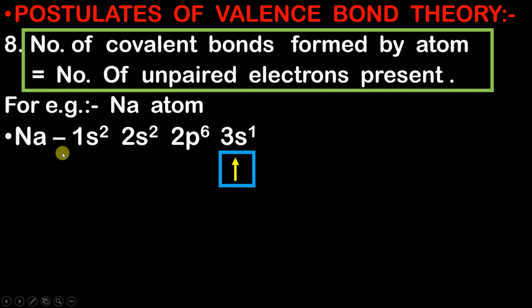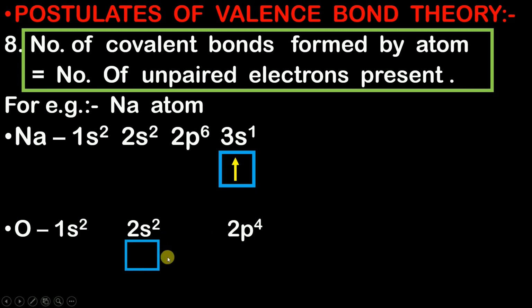Let us consider another example. In this example, we are going to consider oxygen. The electronic configuration of oxygen is 1s2, 2s2, 2p4. Now here the highest energy level is 2. So let us draw the Hund's rule diagram. According to Hund's rule, we represent this 2s orbital with the help of a square, and in this 2s orbital there are 2 electrons present. So let us draw the 2 electrons with the help of 2 arrows.